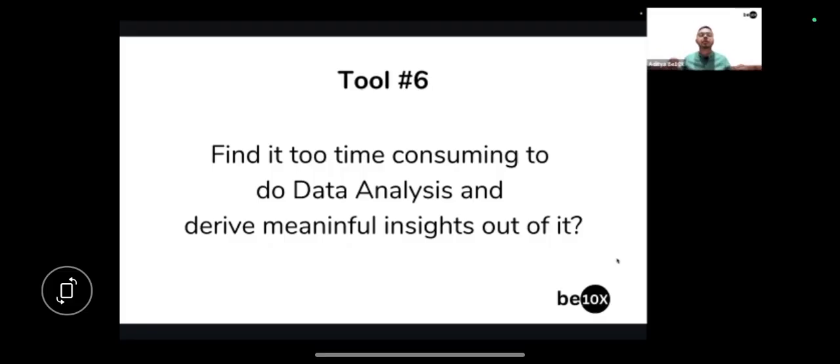Now, are you someone who finds it too time consuming to do data analysis and derive meaningful insights out of it? How many of you face this real problem, that most of your day you are spending in Microsoft Excel itself, doing data analysis, deriving meaningful insights in order to make reports?